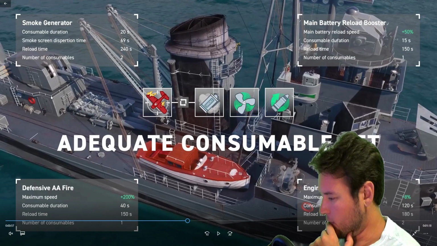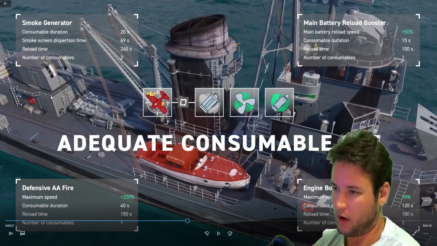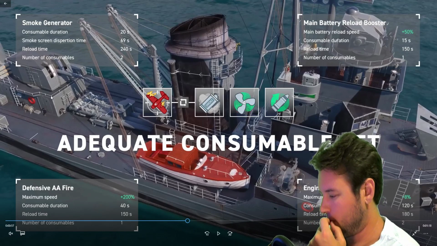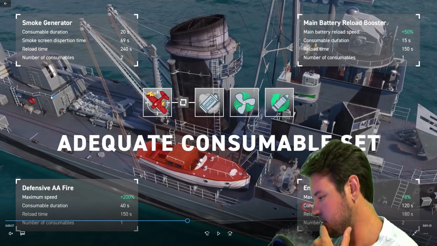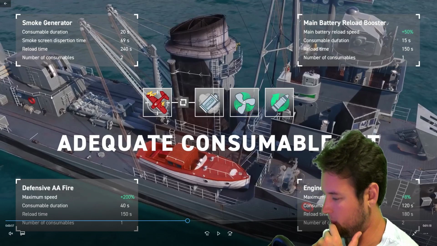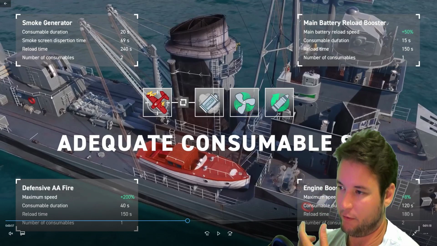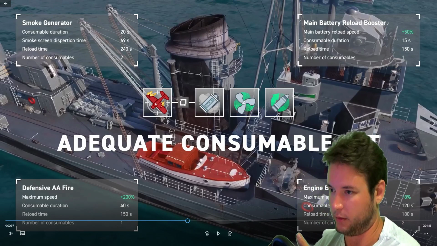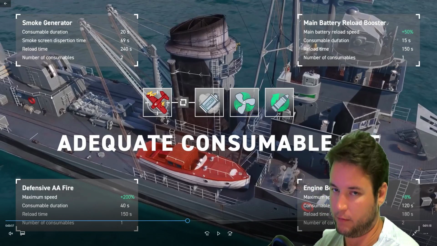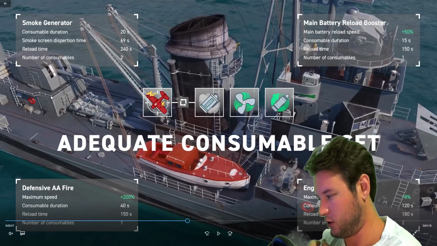40-second duration, so you're using that defensive AA to ward off one attack, unless you can get more than one from speccing it with your commander. Reload of 150. So you're looking at over 2 minutes. You're going to be defenseless. So for 2 minutes the carrier's going to be able to just harass you, whether it kills you or not, till you get another one. If you have another one, it says there's only one consumable, so